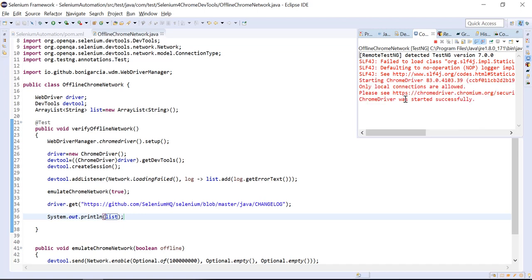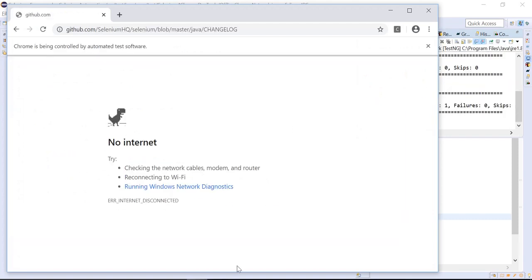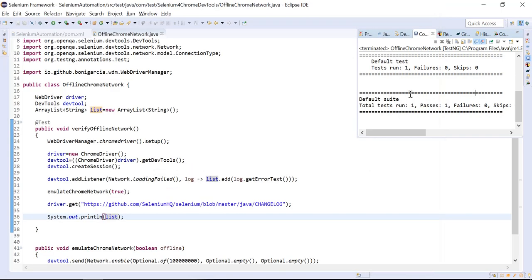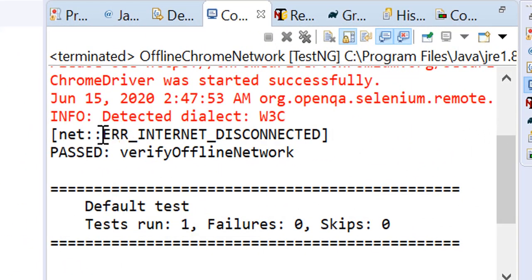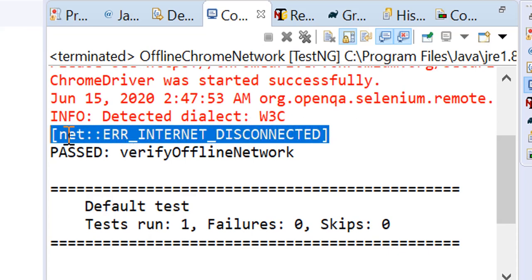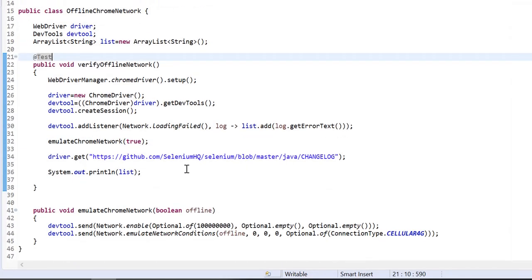You can see what is happening. The browser is launching. Browser launched, and this is offline. During the offline, we can see it throws one error here: net::ERR_INTERNET_DISCONNECTED. This is the error we are getting here. And if you want, we can add the verification point as well.